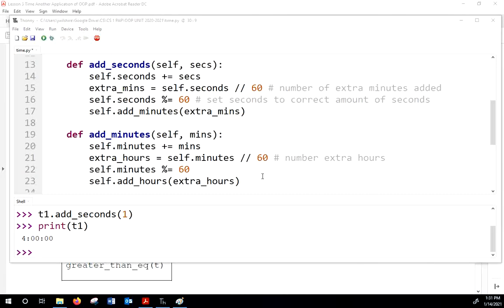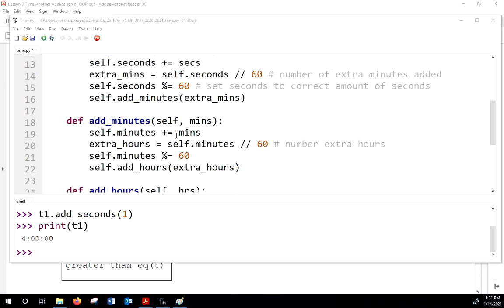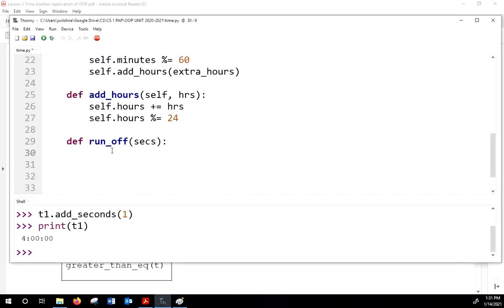Okay, so I really hope you took your time to think about how you would do that. So what we want to do is we want to print to the console every second from now until the number of seconds have run off. So if, for example, they say run off 5, then I'm going to print 5 seconds off. So that means for i in range is a great loop for us to use. And we're going to say, first we're going to add a second, and then we'll print out the time. Now, I could try and say, okay,